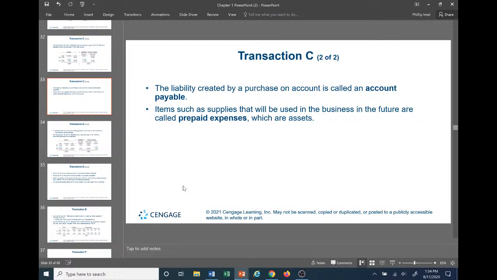Items such as supplies that will be used in the business in the future are called prepaid expenses. Okay, these are known as assets. So think of it this way. Think of a prepaid expense as this. Say you are a big sports fan, and particularly you love the NFL, you love football, and say your team just made it to the Super Bowl. Well, man, you've been dying for your team to make it to the Super Bowl. So you're going to that Super Bowl. You know, come hell or high water, you're going to this game. So you're going to buy a ticket to go to that game. So say you get on Ticketmaster, wherever you're buying your ticket for the Super Bowl, because your team's there, they're about to win the Super Bowl this year.